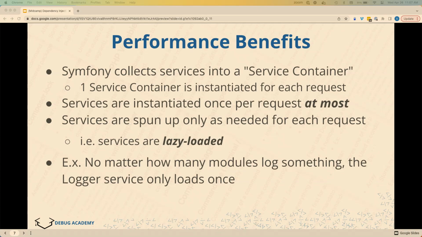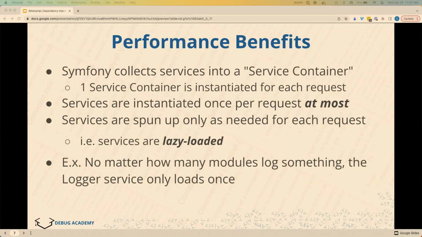So upon request, as soon as someone says, I want to log something, Symfony will retrieve the logger service and instantiate the object. PHP-wise, that would be something like new logger. It would create that object, and it would reference it from the service container. So it would basically keep a link to it. That happens the very first time somebody asks for the logger in the current page request.